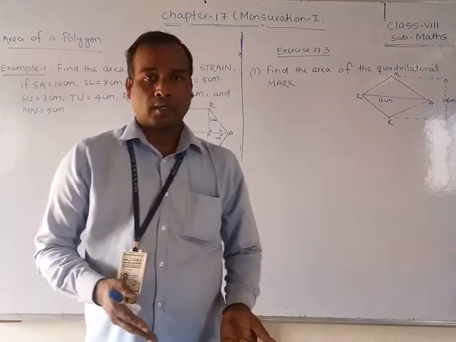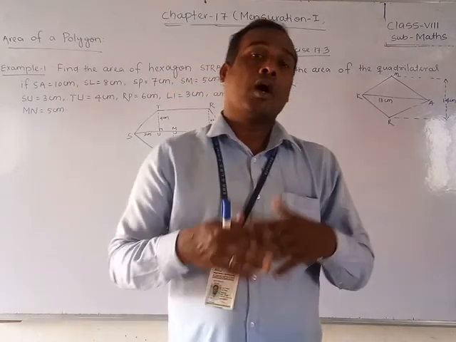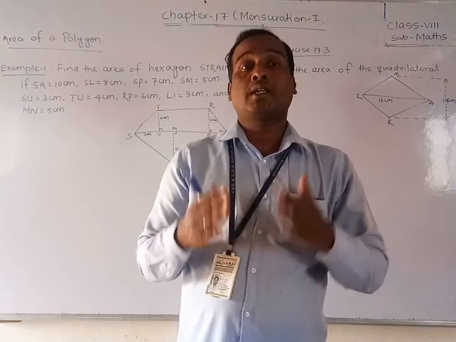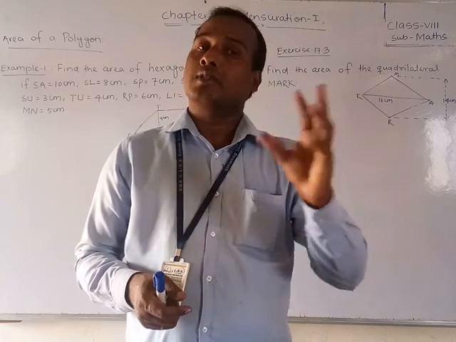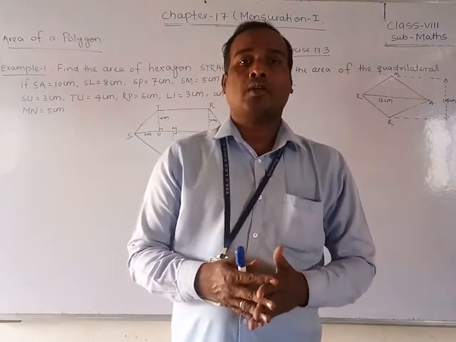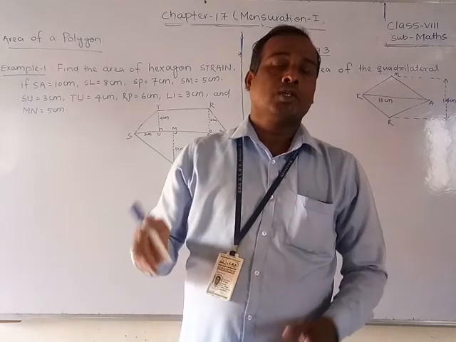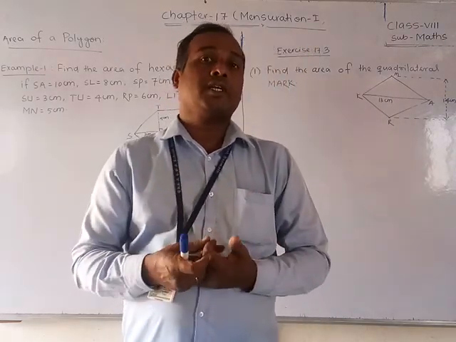If it is a quadrilateral, a square, a pentagon, or a hexagon, how should we find the area if it has irregular shapes and irregular sides? How do we find the area of that field? This is specially called the survey of the field. Suppose your parents have some field, how should we find the area of that field?